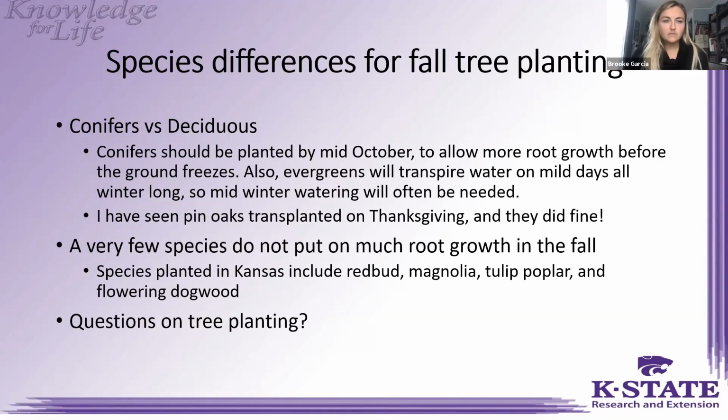Okay. And then just a quick clarification on the stake. Should the staking be below the branching, or can the staking be right above the bottom branching? Right. The loop coming from the stake to the tree can go around those lowest branches. That's actually where I like to do it, right at the base of the crown, so the loop is wrapped around a branch. That helps keep the loop from sliding down the trunk, getting too low, but it stabilizes the upper part of the trunk and it can still move.